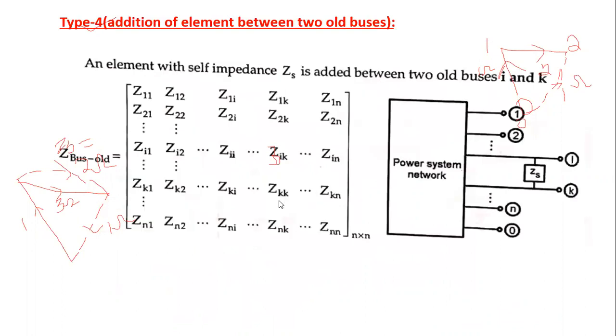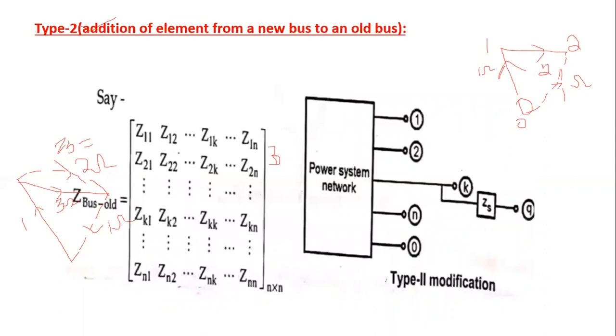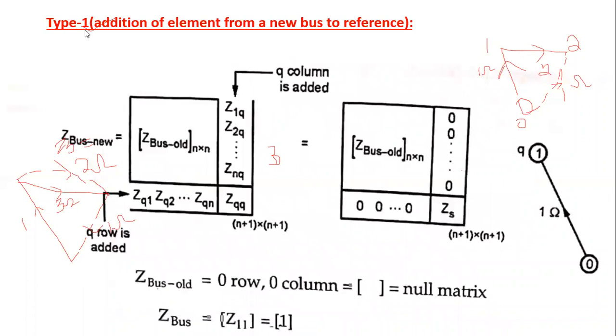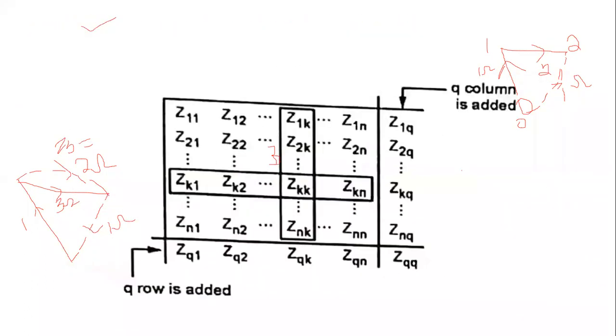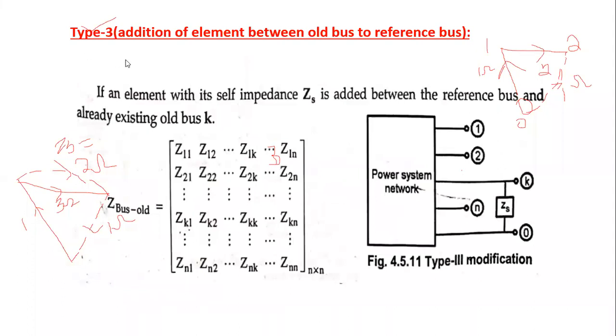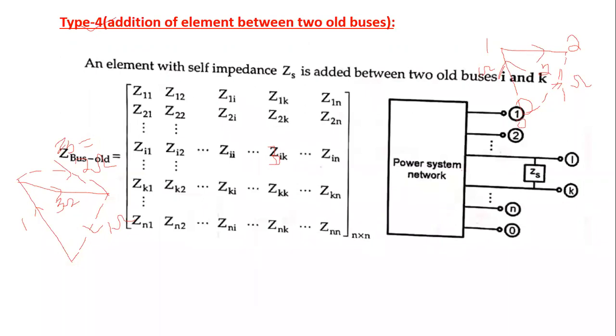First we note down this problem in the notebooks. If you have any doubts, we will ask in the next class. First of all, we remember: suppose we have the type 1 modification, how will we find the Z bus matrix? Suppose the element is the type 2 modification, how will we form the Z bus matrix? Suppose it is the type 3 modification, how? And suppose it is a type 4 modification, how will we form the Z bus matrix?